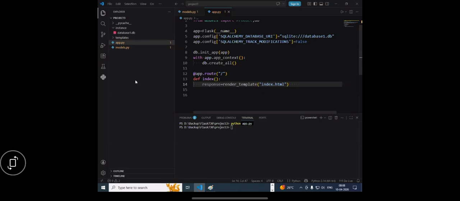All the templates should be there in which folder? Templates folder. And what is the name of the template you are rendering? Index dot HTML. So in index dot HTML,